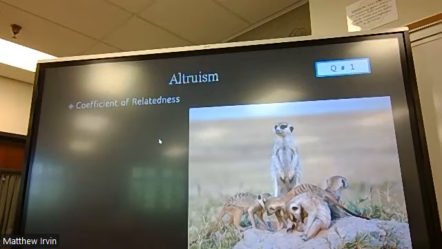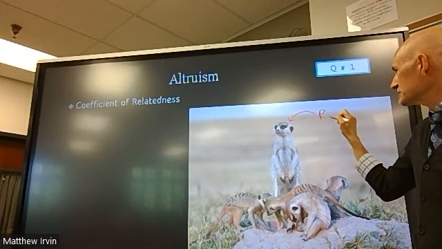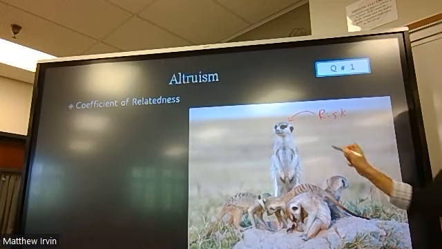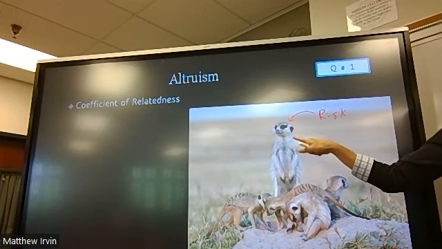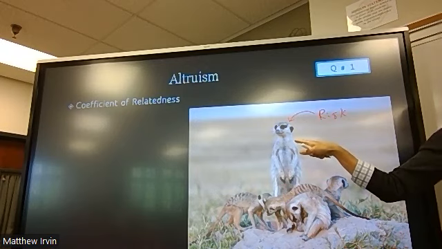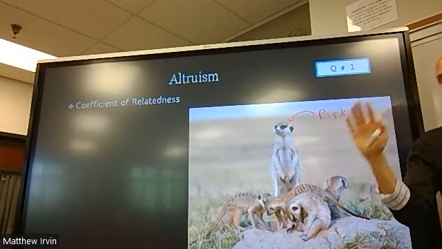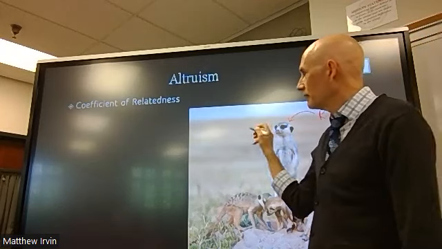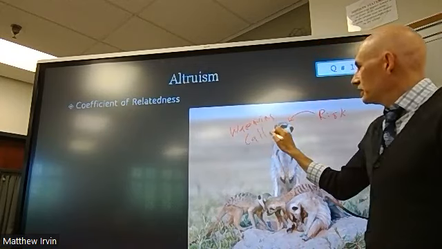With different other behaviors, we have altruism. So this is where you have one organism that is at risk compared to the others. So this meerkat is on the lookout for predators, while the other ones are feeding and roaming around and not paying attention. So this one is getting less food at the time, so that is a cost, but it is also more easily seen because it is in the upright position. But what is going to happen is they will give off the warning calls to alert everybody to run away.